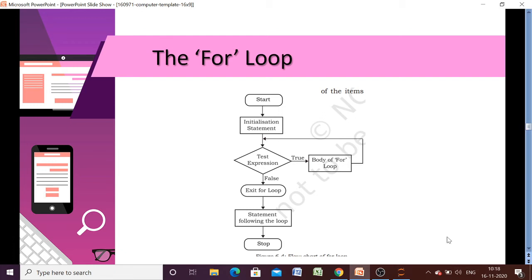When we start, we have the initialization statement, and then we have to check the condition. If it is true, then the body of the loop will execute. As long as this condition remains true, this code will be repeated again and again, and as soon as it is false, we come out of the loop. So our loop will terminate when this condition is false.